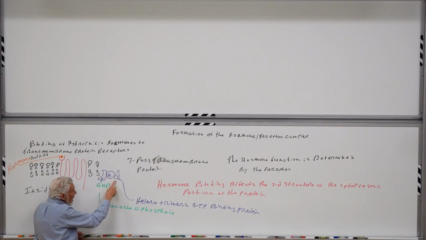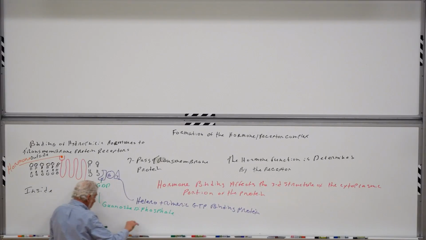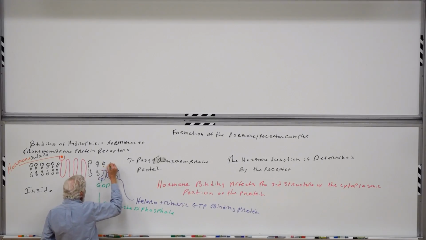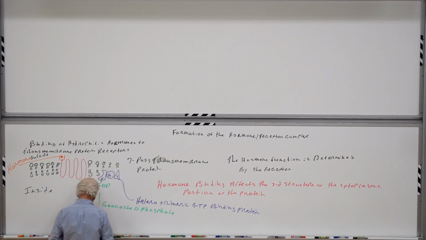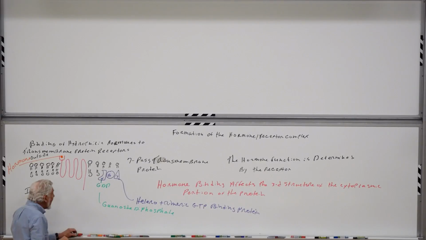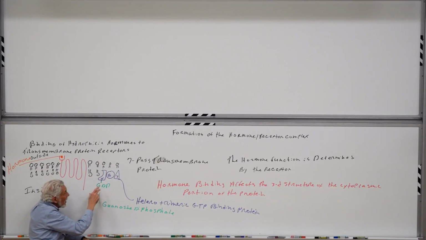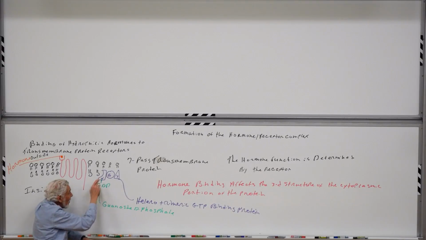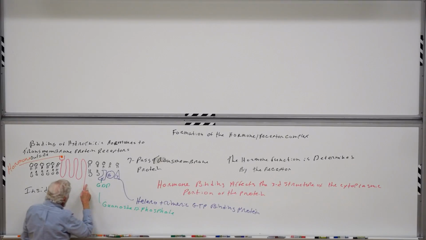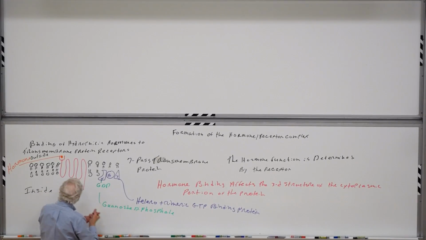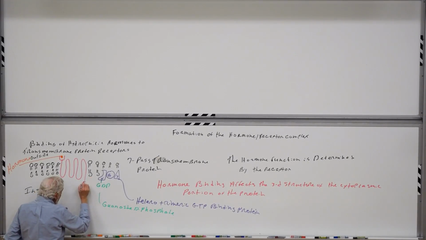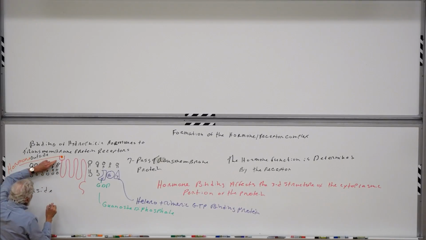Well, when the alpha and beta and gamma subunits are all together, hanging out with their tails as part of the phospholipid bilayer, these usually contain fatty acids which lash them into the phospholipid bilayer. When they're all hanging out like this, the alpha subunit is inactive. So under these circumstances, this alpha subunit doesn't do anything. However, when this threesome comes up against the G protein coupled receptor,